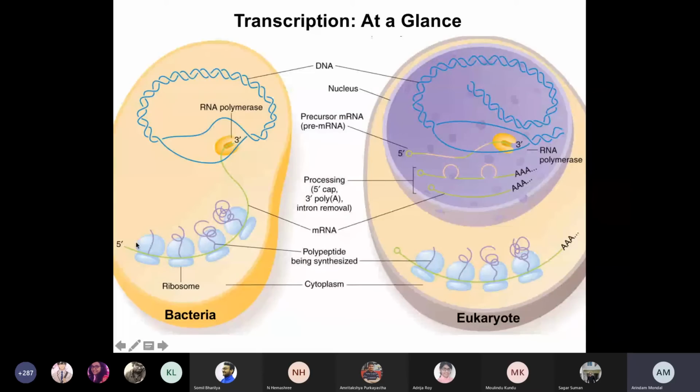Okay, that means in case of the bacteria, there is no lag between the transcription and translation. It almost occurs simultaneously. But in case of the eukaryotes, there is a distinct time lag between the transcription and translation process. That means the mRNAs need to be stable enough before they can be utilized, because they have to live a significant period of time before they can be utilized for the translation process. So stability is a major factor in case of the eukaryotic transcripts, or the eukaryotic mRNAs.